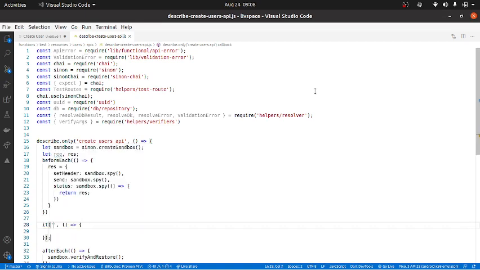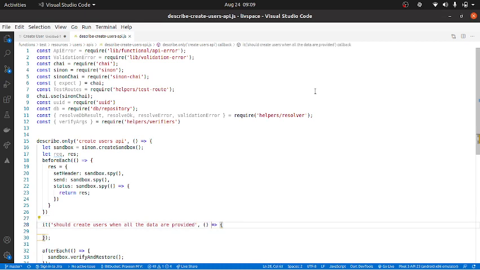It should create users when all the data are provided, right? So this is a simple use case.